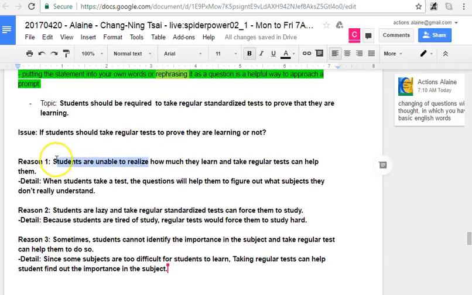I just would like to know on this first statement, is this a past tense or is it currently happening? Currently. Students are unable to realize how much they are learning. So we need to use an affirmative word for that one because this is recurring or currently happening. Okay. Students are unable to realize how much they are learning,